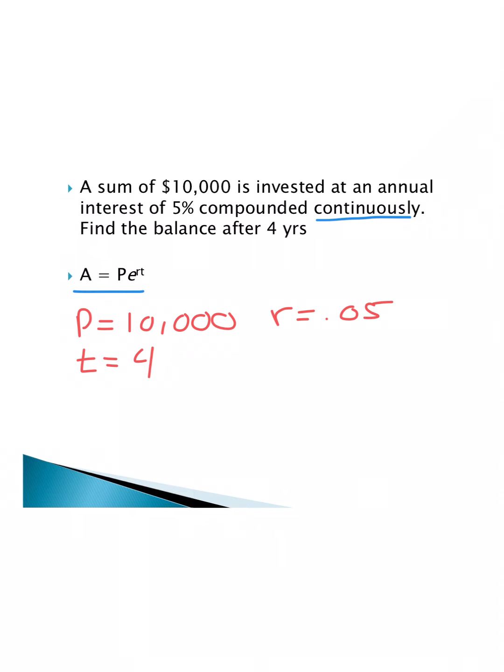When I plug this into my equation, I get 10,000 e raised to the 0.05 times 4. I'm going to simplify that real fast, and I get 10,000 e to the 0.2. Okay, I'm going to plug this into my calculator. And again, I encourage you to try and figure out where e is on your calculator so you can do this exactly as it says and not approximate with 2.71. If you find e on your calculator and you get this done correctly, then you should get the answer of